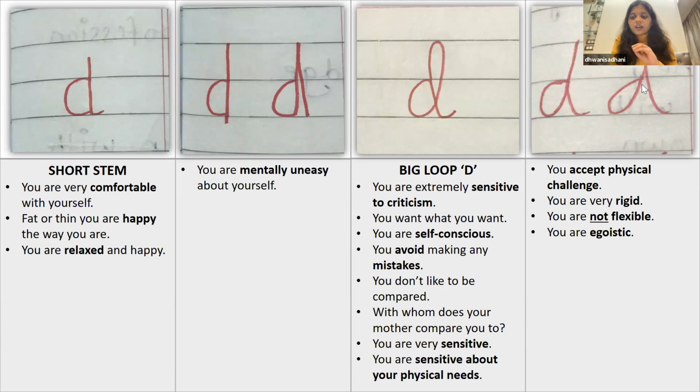And there will be one friend who will know something even worth 10 marks, but they'll be like, "Okay, I'm just gonna get 10 marks. I'm probably going to fail. It's better if I don't go for the exam at all." So this person who has a big loop D, they are not even going to go for the exam. They're going to miss it. They are so scared of failure that they would rather not give the exam than get bad marks or get a failure. So they will not even attempt to go because they do not want to face the failure.